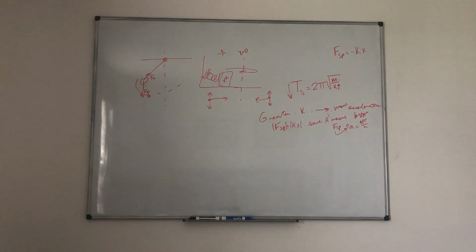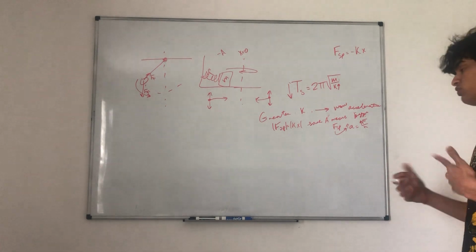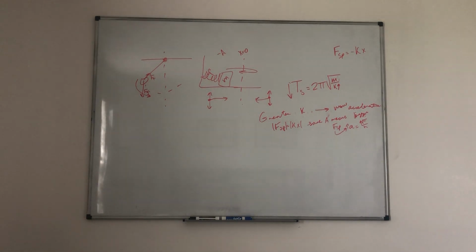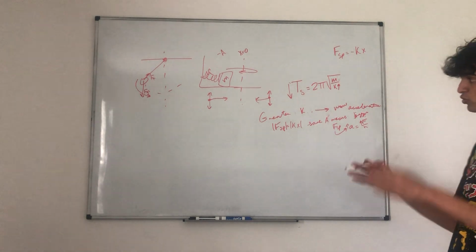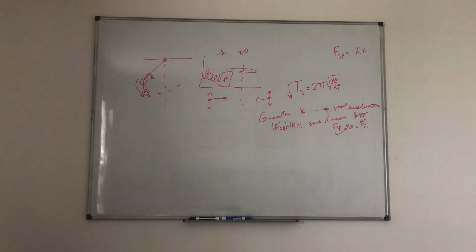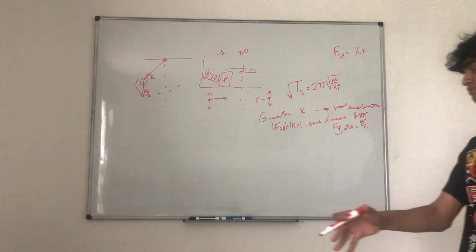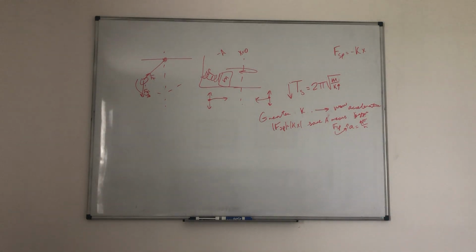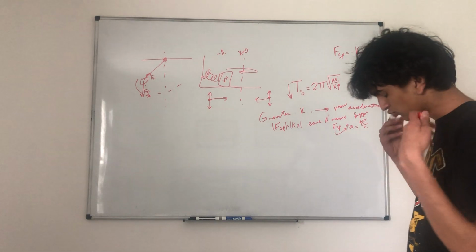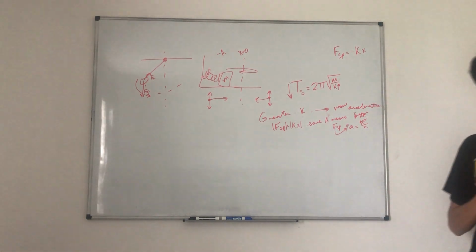Now, there's one variable that's not in this equation. Well, I guess there's many variables. Gravity is not in this equation. There's all sorts of variables not in this equation, but an important one that's not in this equation is amplitude. So amplitude is not in the equation. Now, the reason amplitude is not in the equation is, I'm not going to write this explanation down because I realize how much time that takes, but the reason amplitude is not in the equation is because